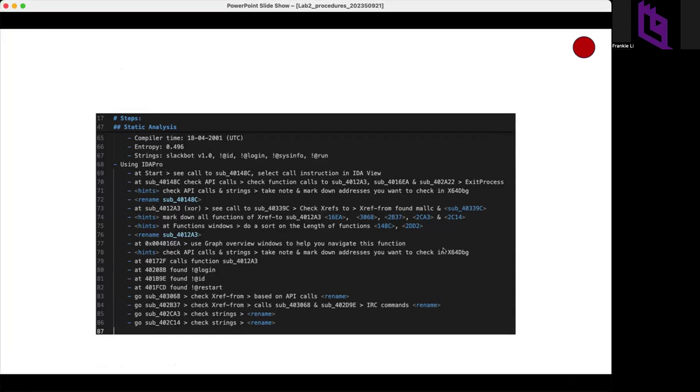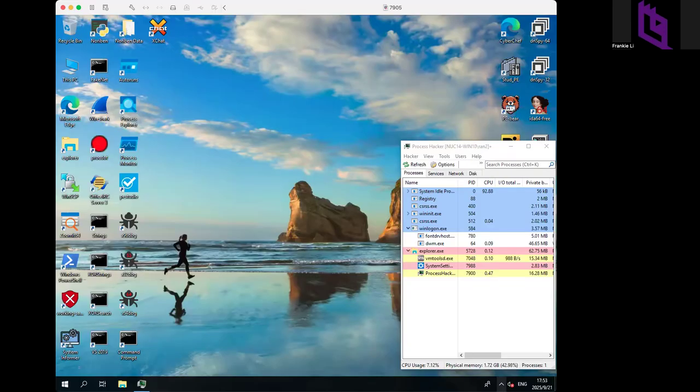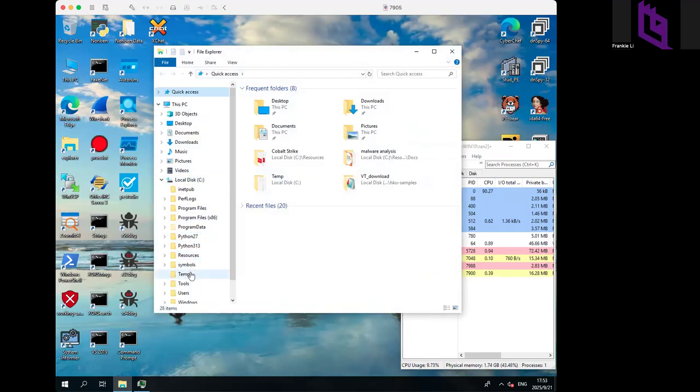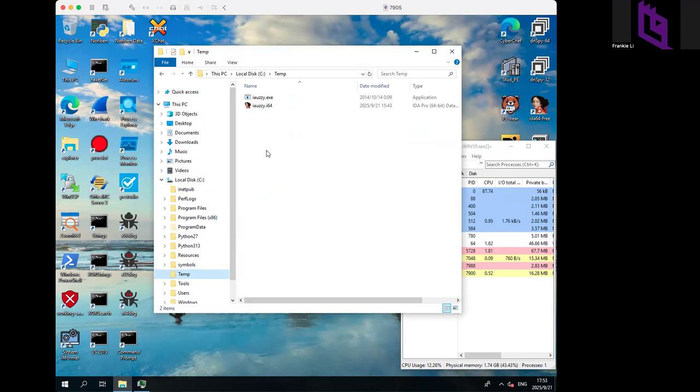Let me change our screen to our virtual machine. Now you can see our virtual machine. Because of time, I already have a copy of my unpacked iauzzy here, and I don't want to show you how to do the unpack. So let us kickstart